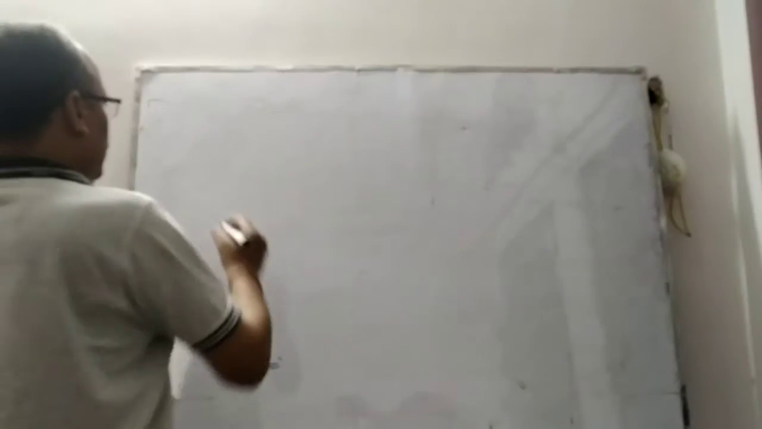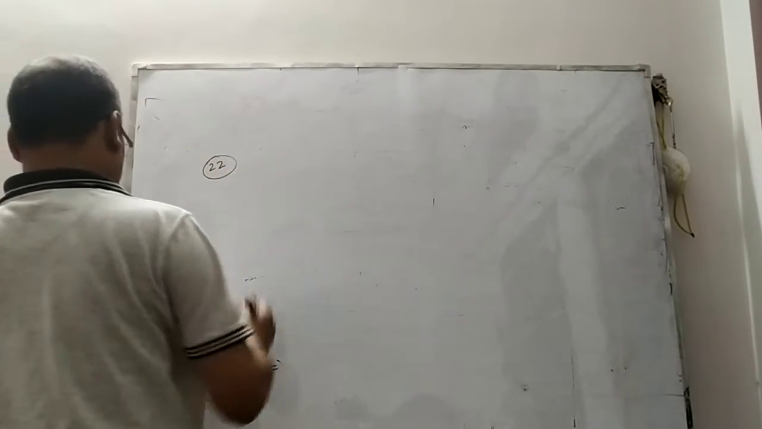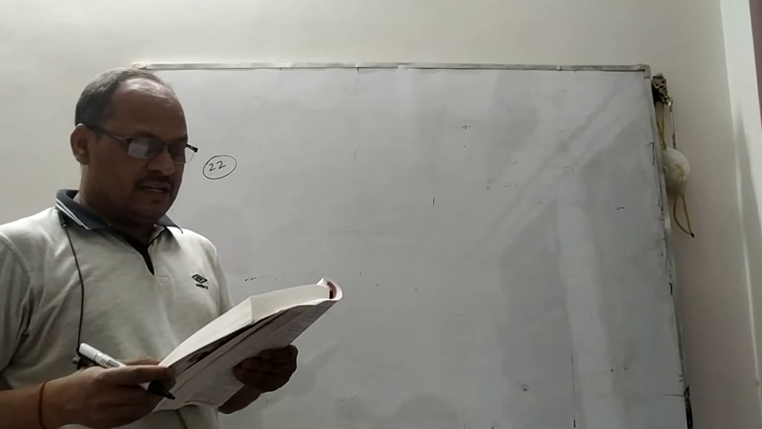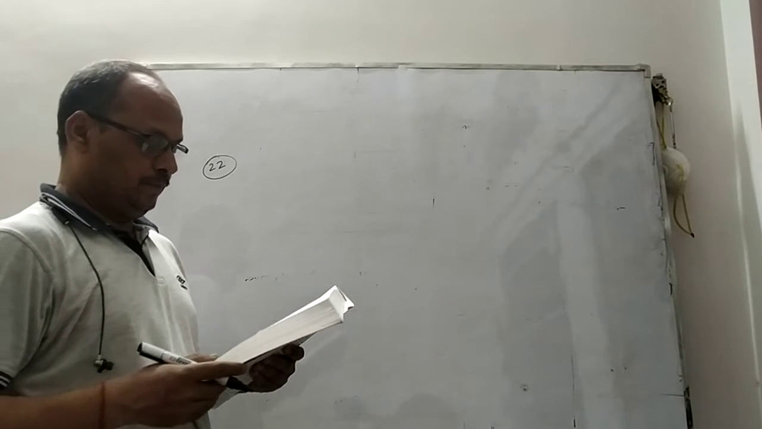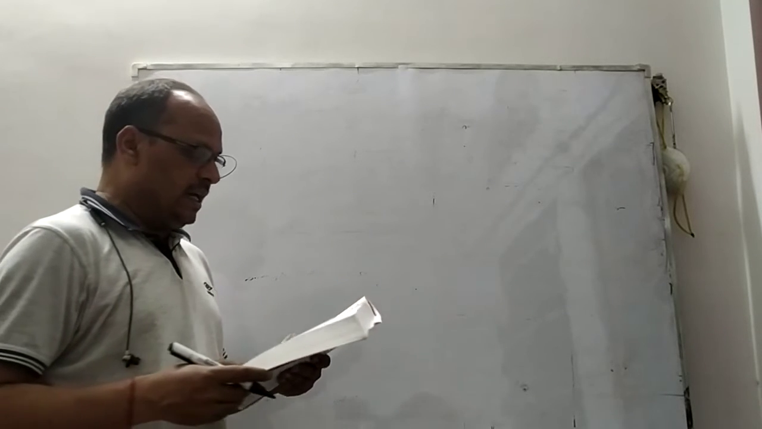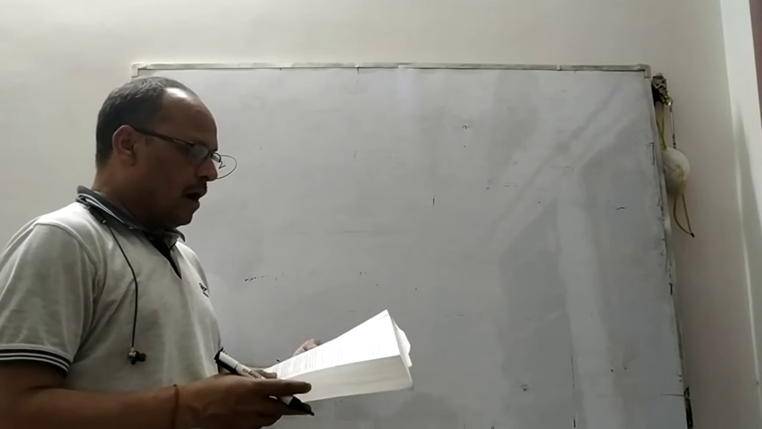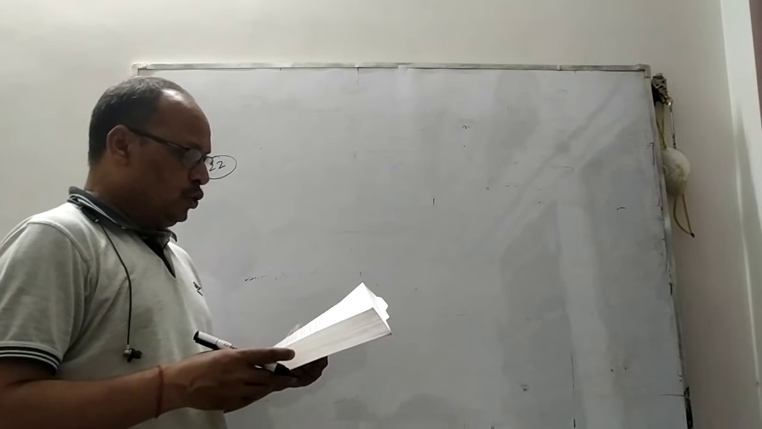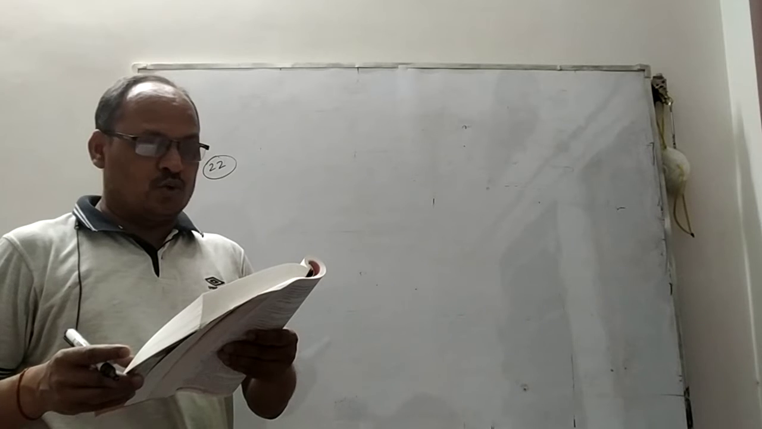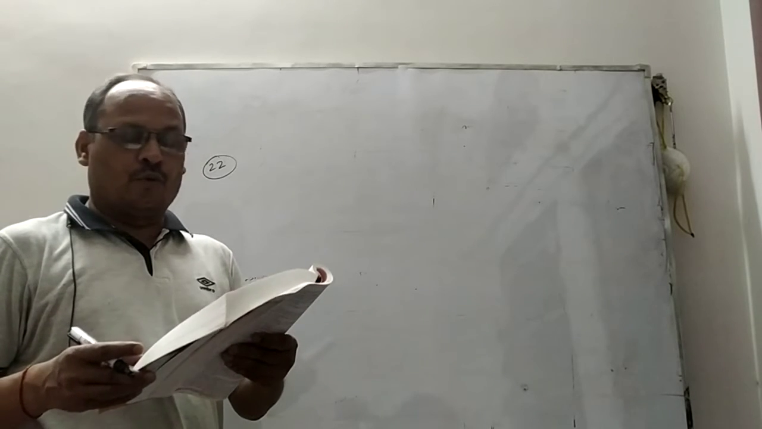Now, question number 22. In a PT display, 400 students are arranged in rows. Clear? Row and column. If there are 4 more students in each row, then the number of rows...